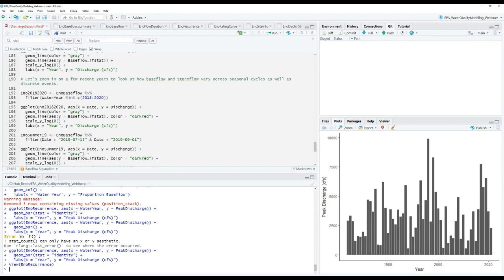Have you used discharge coupled with water quality concentration data, say for nutrients, to calculate loads? Yes, so that would be the next step of this. We had our water quality session, we've had our discharge session, and so basically, if you multiply concentration by discharge, you get load over time. And so that's where the next step would be. We won't be specifically covering that in this webinar series, but that's our next logical step in running these analyses.